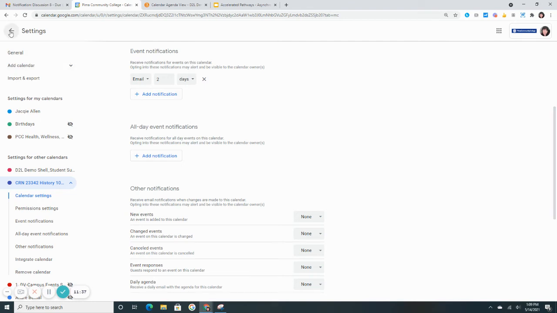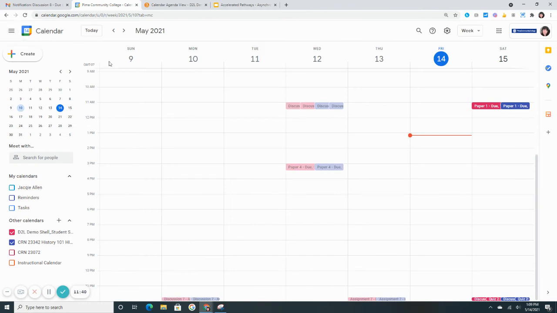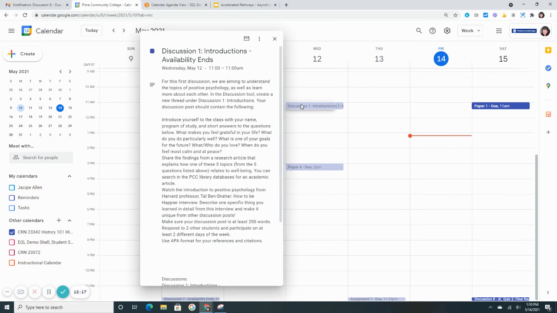Then I want to go back to the calendar. So I click the back arrow. And now you can see on the bottom left corner, I have different options for calendars. And the one I just created is the CRN 23342, right? And over here on my calendar, I can see activities. I have discussions, I have papers, and if I move down, this is one thing that you want to be careful with. It depends on when the due date is, the time of day, of where it shows up on your calendar. So obviously this discussion right here on Wednesday, May 12th, when I click on it, it tells me